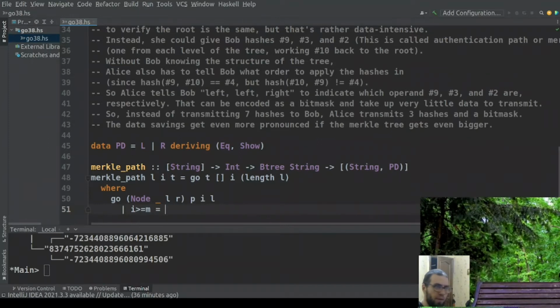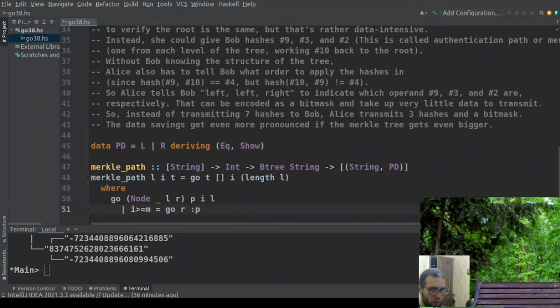Okay, this means that it's from the right part of our tree, so we go to the right tree. And also we need to add to our paths, because we go to the path to the right, we need to save